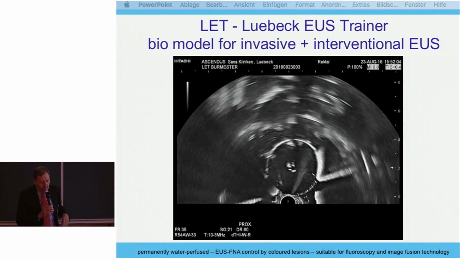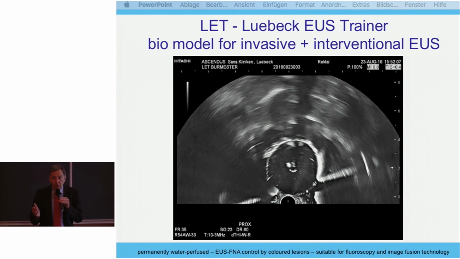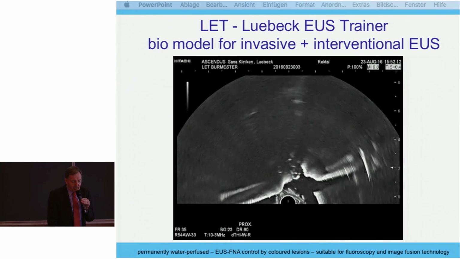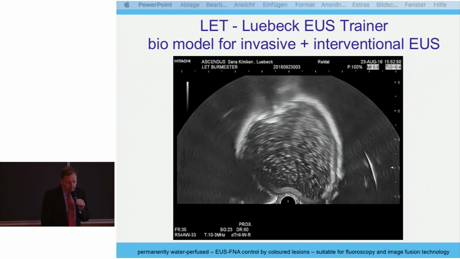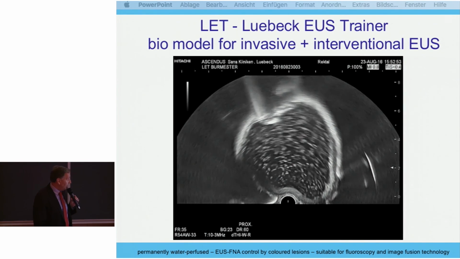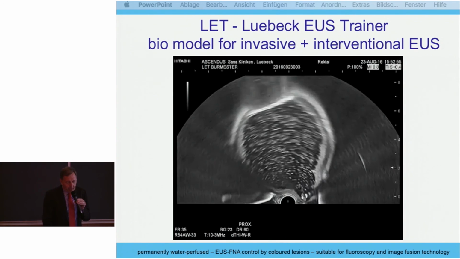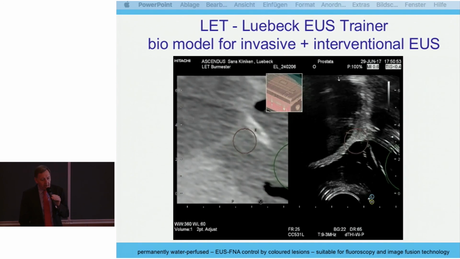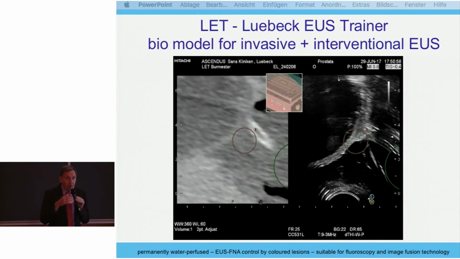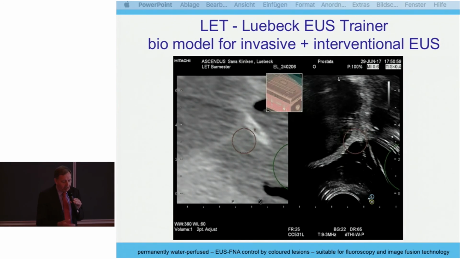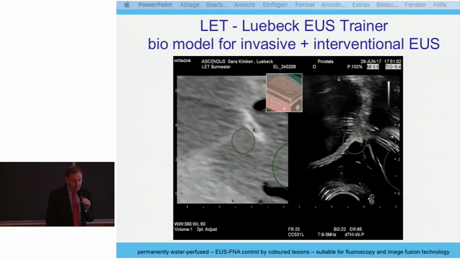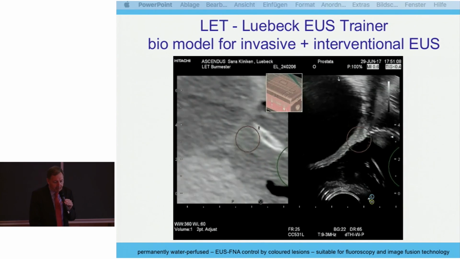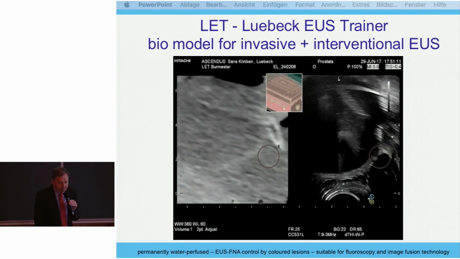So this is the rectum with the prostate. We use it as well for urological training, for puncture of the prostate, for example. You see the refilling of the bladder. It's refilled from outside. And we have as well the possibility to make fusion technology with this system to train. Sometimes you see lesions only in MRI scanning, not in ultrasound scanning, so you have to train fusion technology. On the one side you have the CT scan, in this case, on the other side the ultrasound image.